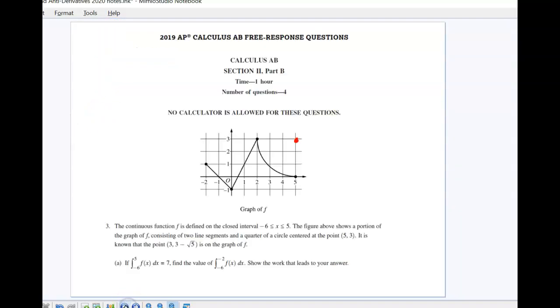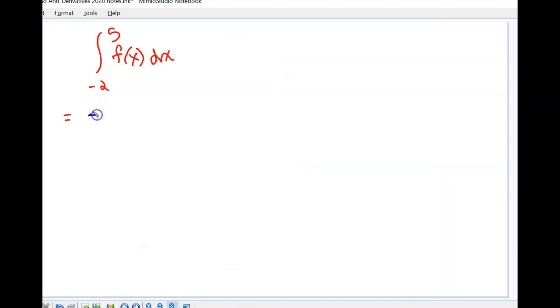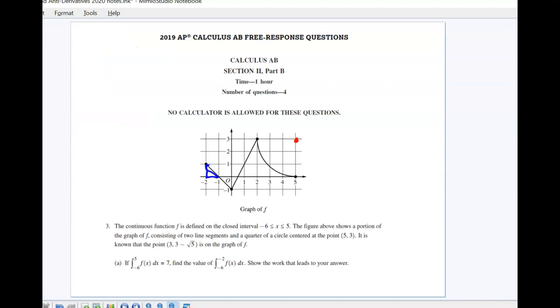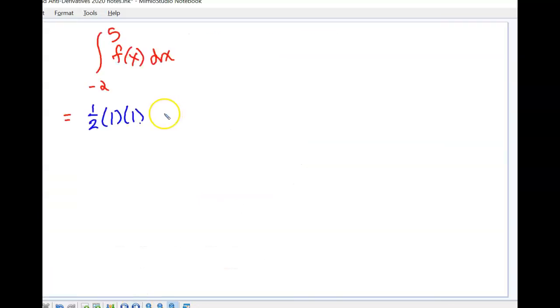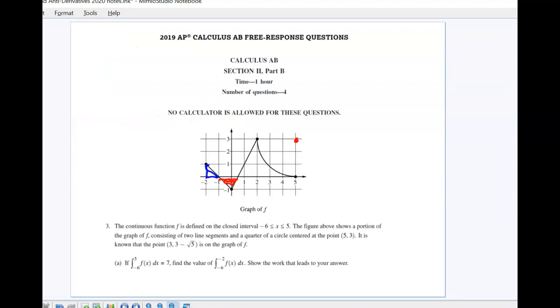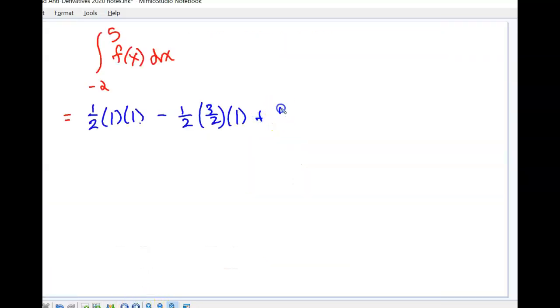And this is going to equal, well, first of all, I have a triangle that's above the x-axis, and it's going to be 1/2, the base is 1 and the height is 1. Then I have a triangle below the x-axis, and that base is 1.5 and the height is 1. So it's going to be minus 1/2, base is 3/2 and the height is 1. Then I'm going to find this triangle, which is a base of, again, 1.5 and a height of 3. So it's going to be plus 1/2